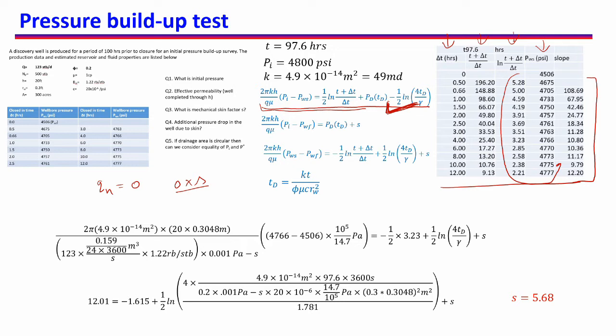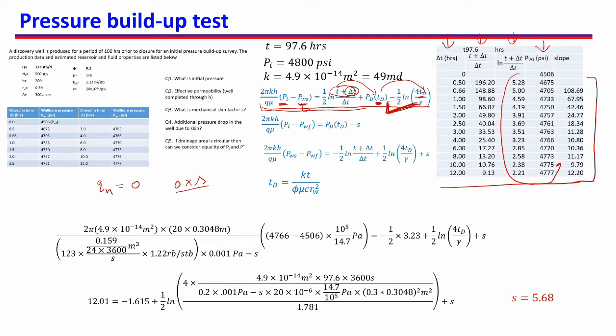If you closely look at this build-up test equation, you will see that we have an initial pressure and we have the shut-in pressure. This shut-in pressure is at time T plus delta T of the reservoir life and only delta T of the shut-in time. So the total time is T plus delta T, and this TD is the same as T in dimensionless form, and this TD is also the same. Now that means we have two times here, one is TD and one is T plus delta T.